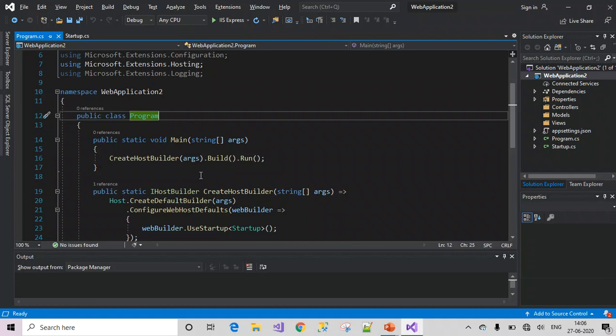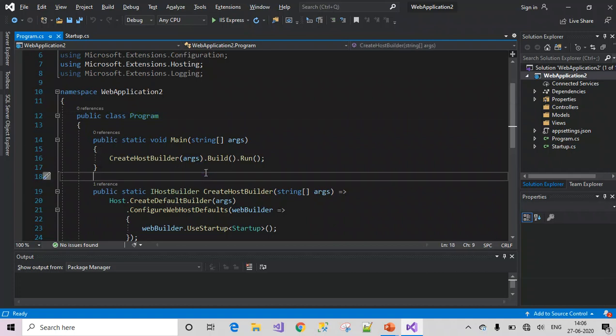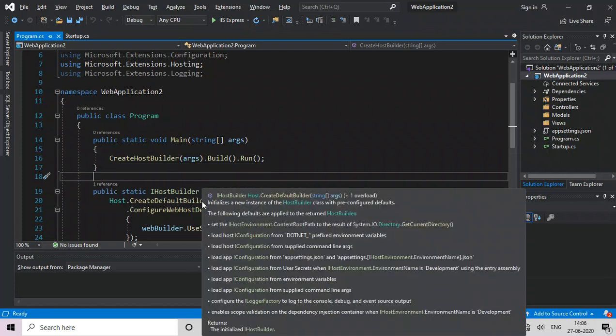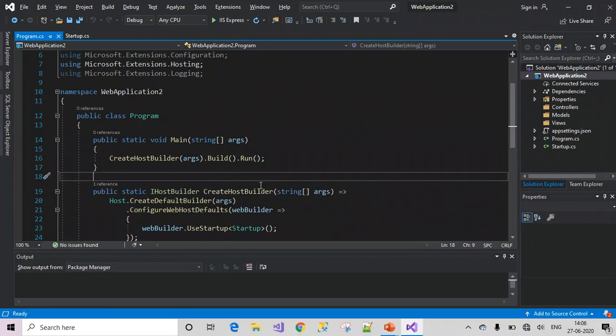If you observe the main method here, a host is being set up, which will configure a server and a request processing pipeline. We are calling the CreateHostBuilder method, which sets up the application with some defaults by making use of Host.CreateDefaultBuilder. An ASP.NET Core web application is hosted in its own internal web server, called Kestrel.